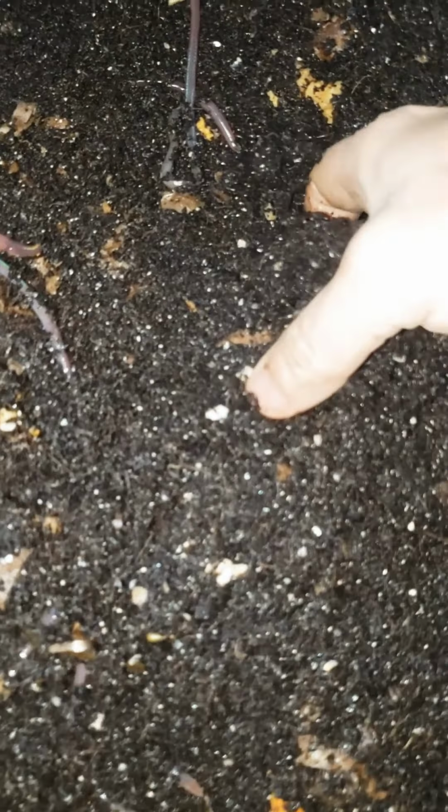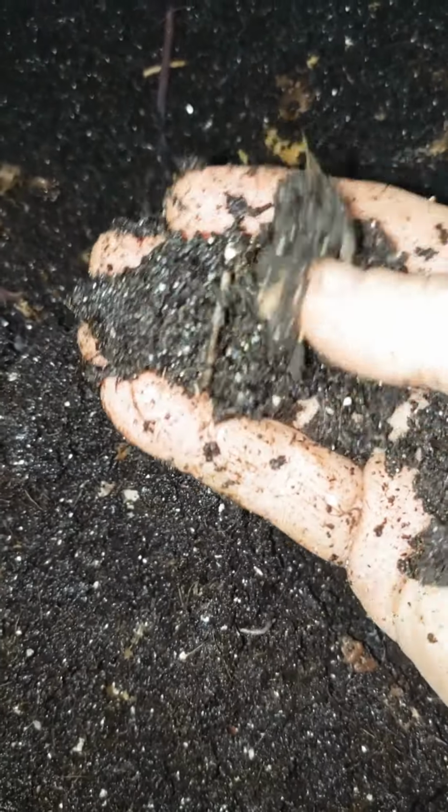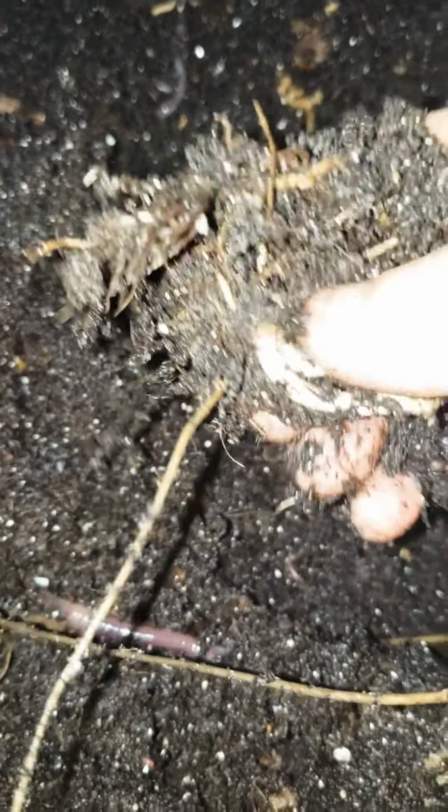These guys are beautiful, and this bin is pretty much done. Other than baby worms and cocoons and food that's way at the bottom, they wiped out everything so fast, and I had started it heavy with paper. Once I made sure that they were comfortable and content, I stopped adding paper and just started adding food scraps. And it's always been